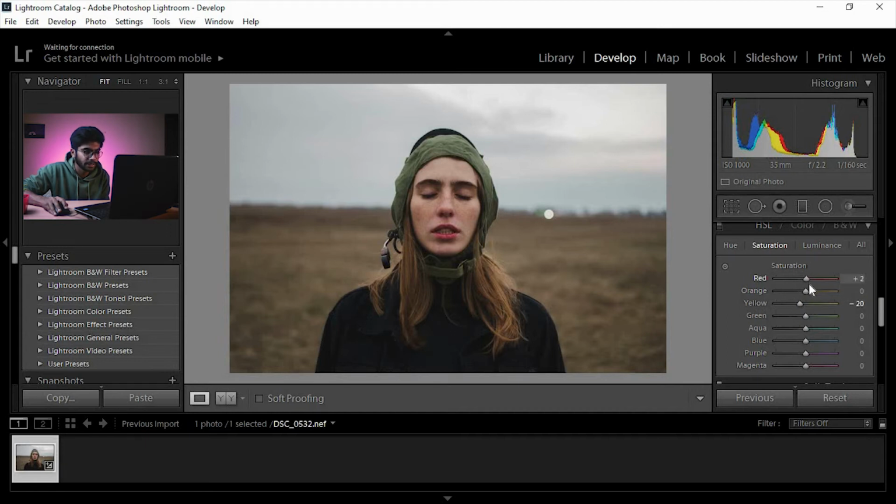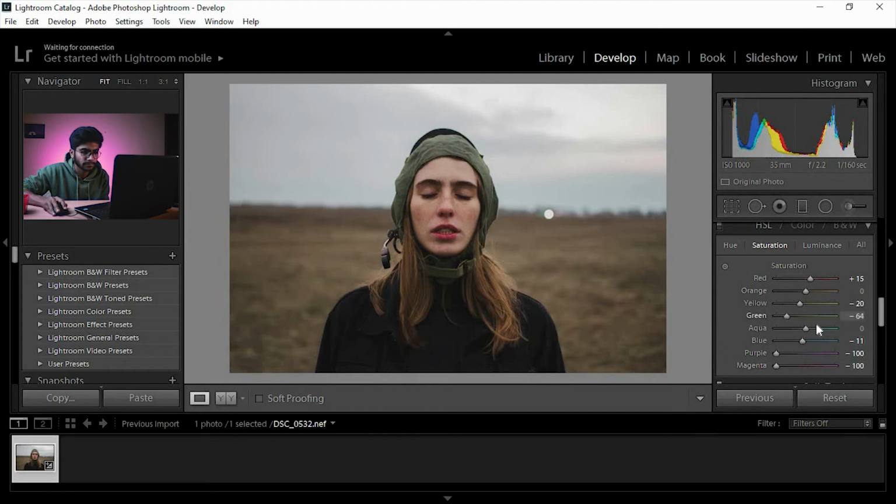Red, we want to increase it a bit, like plus 15, I guess, not much. Blue, it will affect our sky, you can see, but let's keep it down. Minus 11 is okay. Purple and magenta is not affecting much, so you can keep it whatever you want.